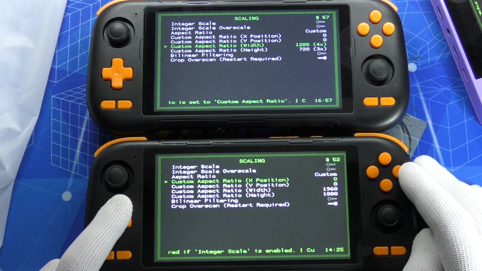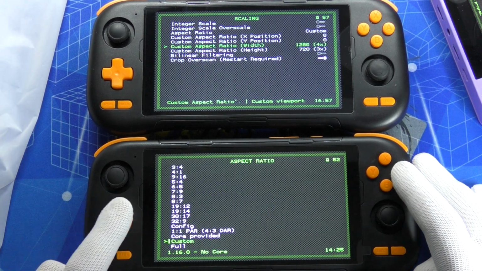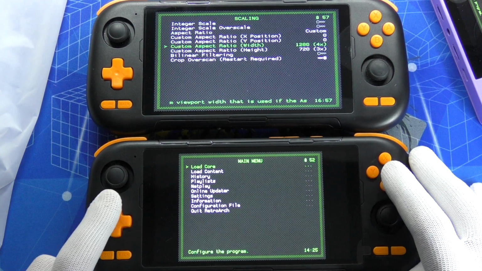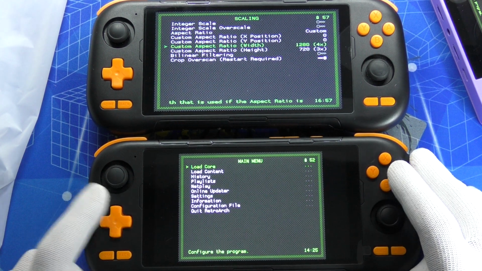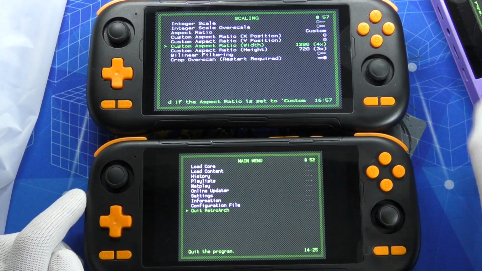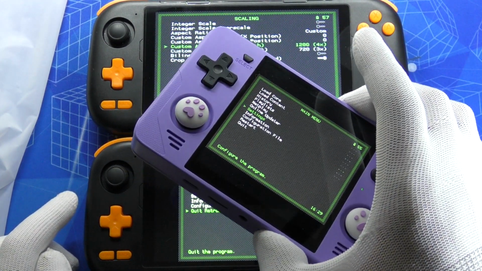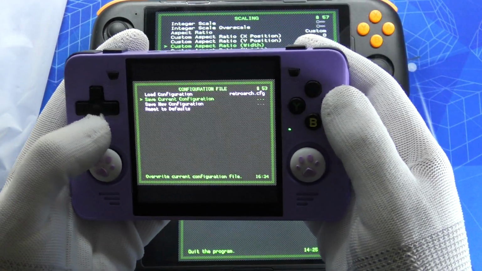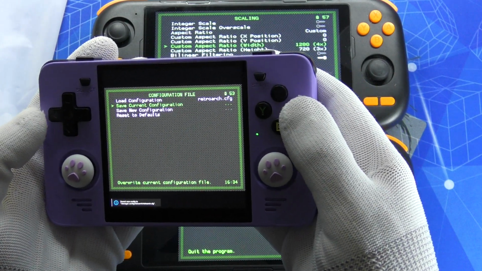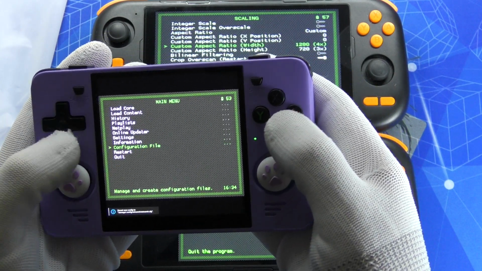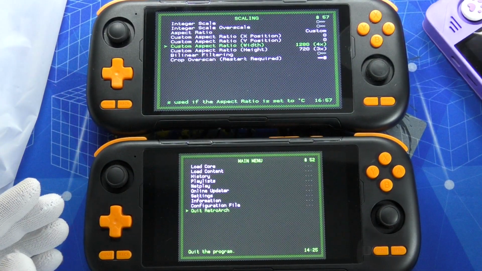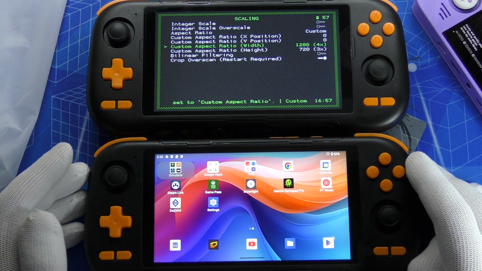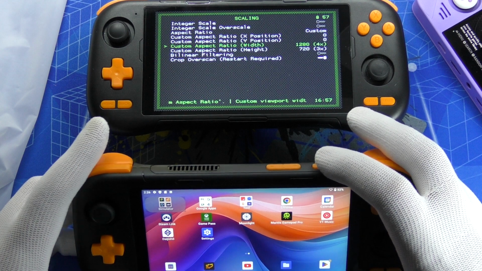So I just want to make sure that I leave the aspect ratio as core provided. Back out, because it's going to save it automatically on this device. But most devices like that, RGB30, it won't save it automatically. You must remember to save current configuration before you quit out. And on the K56, it'll auto-save. There we go, that's how you check your screen panel